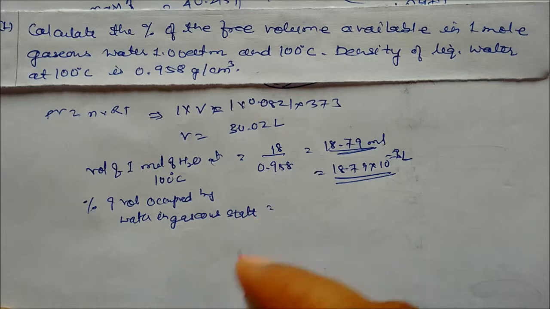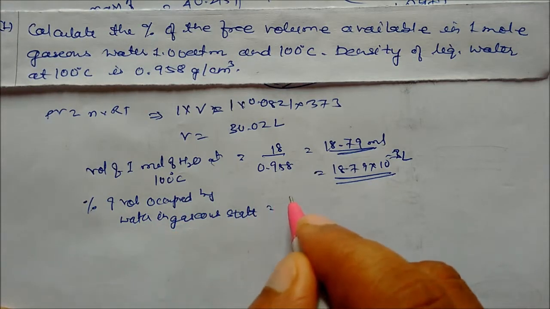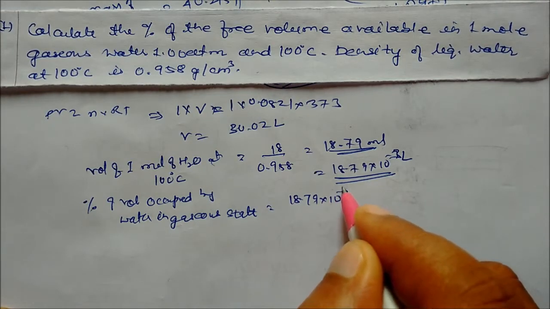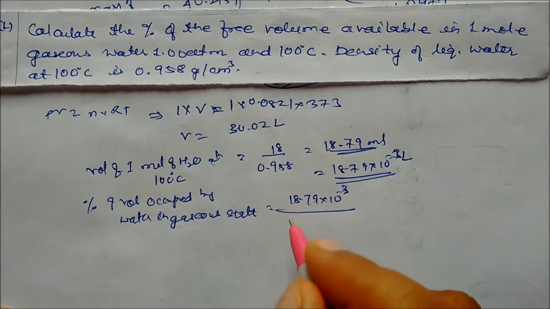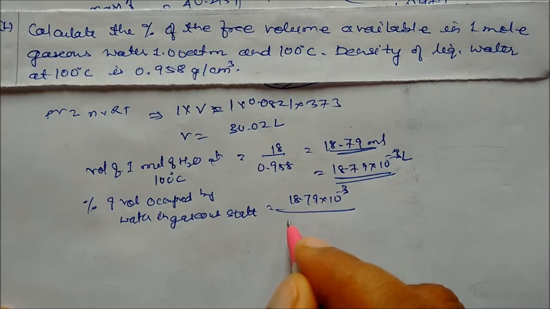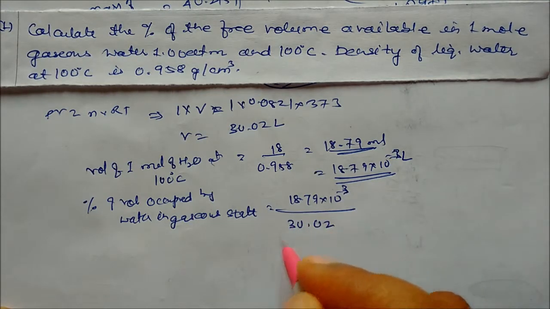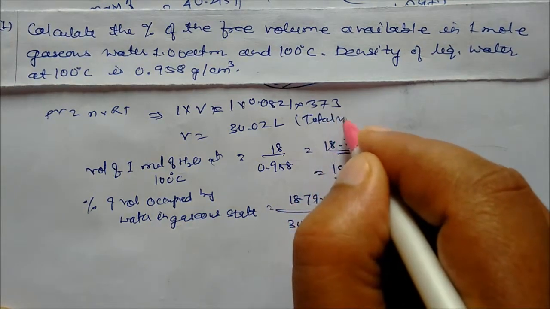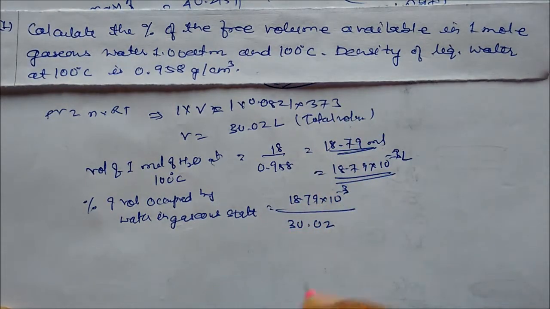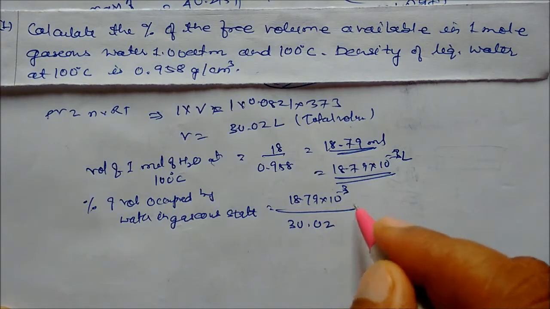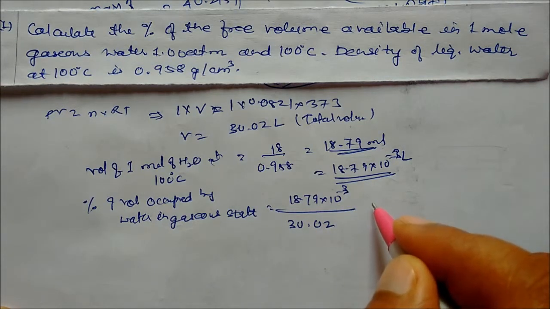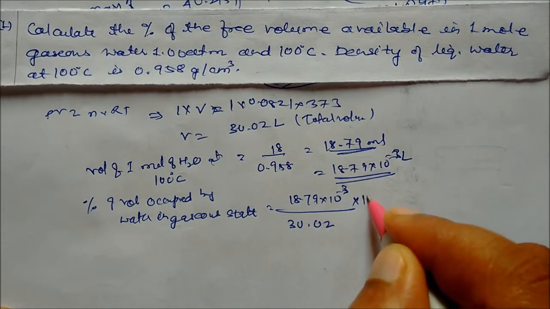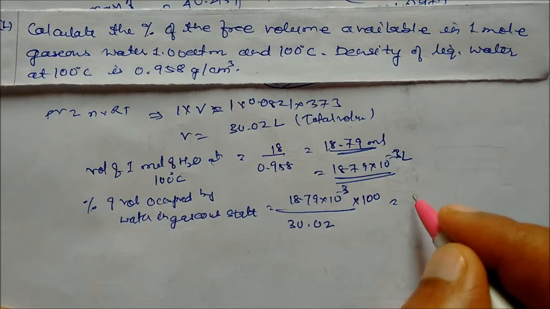How much will the volume be? So the water volume is 18.79 into 10 power minus 3, and at 1 atmospheric pressure the total volume is 30.02 liters. This is the gaseous state volume. If you divide it, you have to multiply by 100 also. So on multiplying by 100, you will get